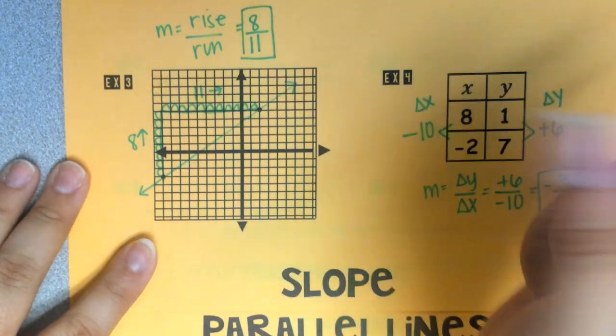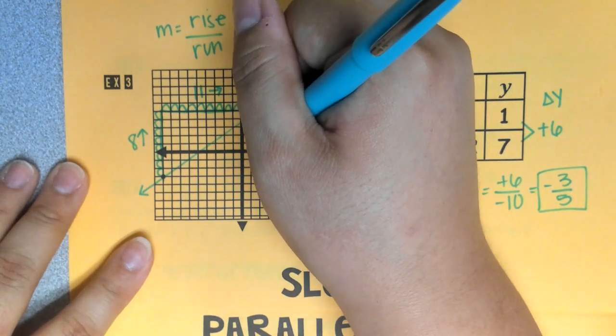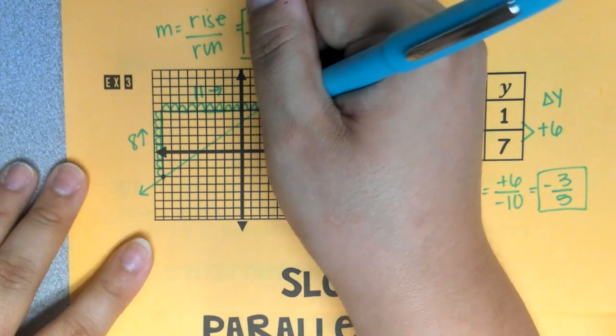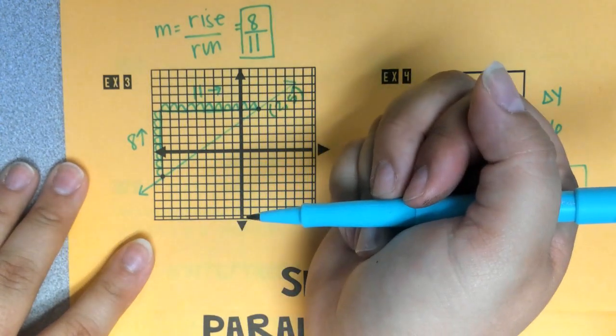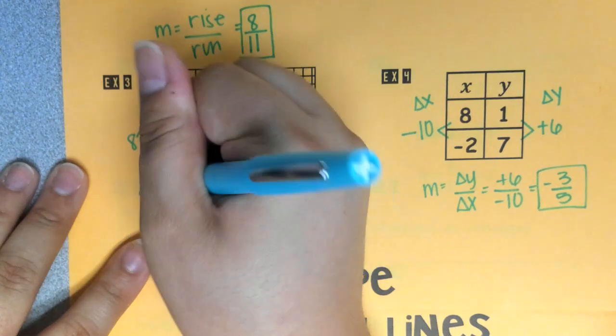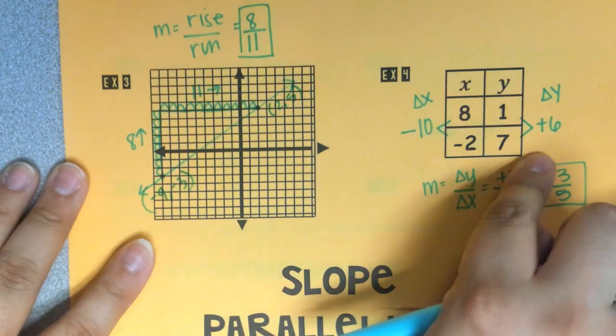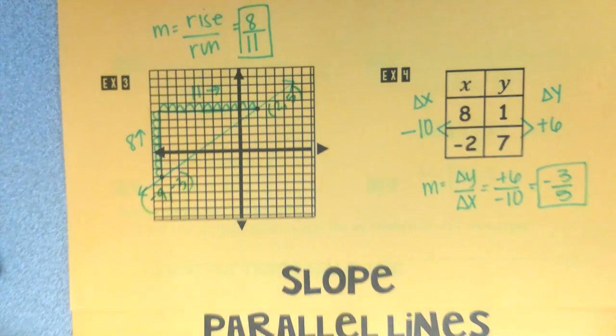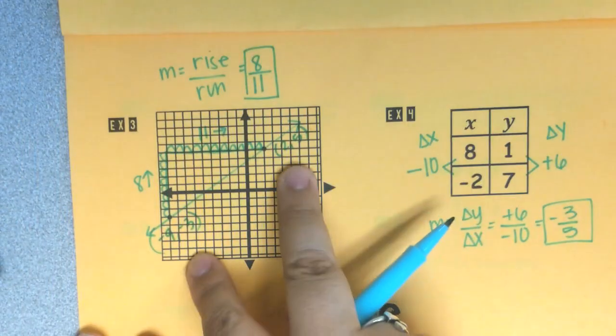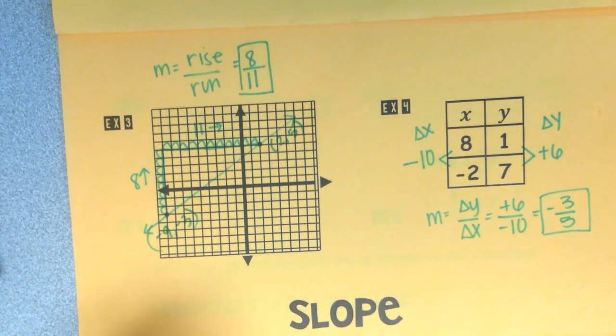Something else you could have done that somebody last period said is they said, well, I figured out that this was 2, 1, 2, 3, 4. This was 2, 5. And I figured out that this was -9, -3. And I did a table with that. Could you do that with those 2 points? Sure. Whichever way you like best. Could you use the slope formula with those 2 points? Sure. Okay. Do I have any questions? All righty. I'm going to